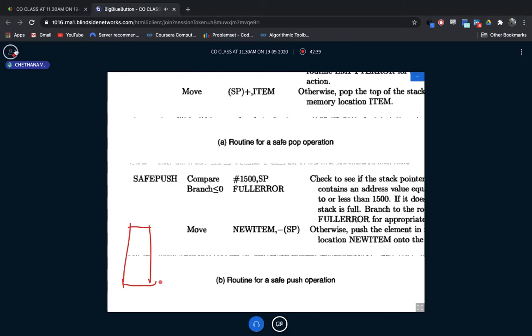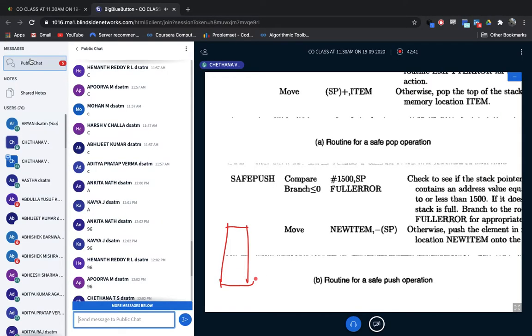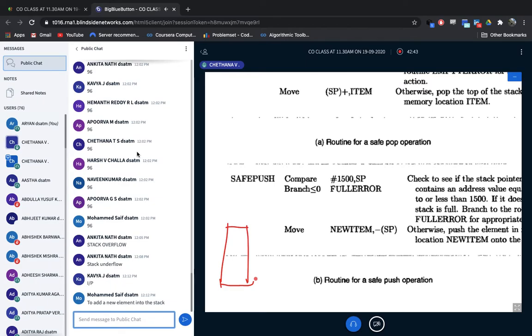So this is my stack. I am going to give you 2 addresses. Here it is 2000, and this is 1500. Lower address is always at the upper end and higher address at the lower end. You know this, it is the stack. So your stack starts from here.